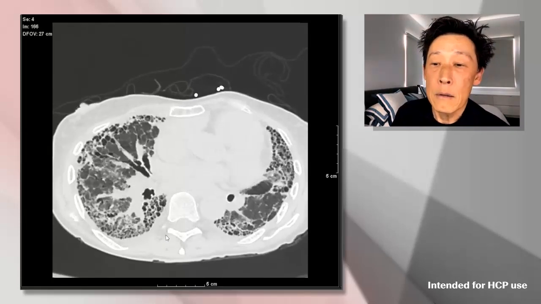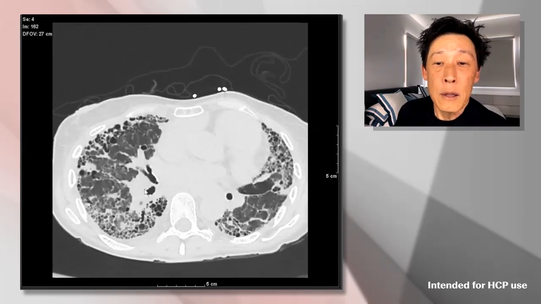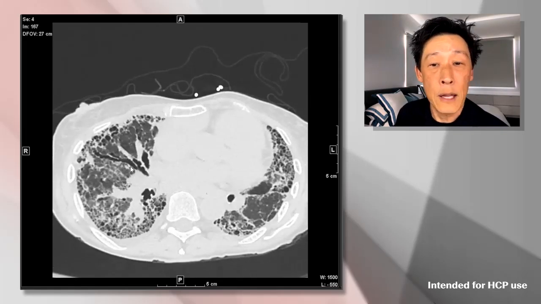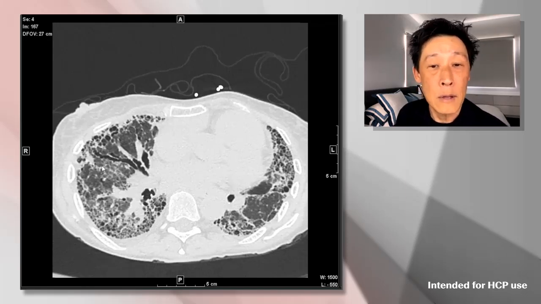Now, let me show you here. So we're here in the middle lobe, and here we have the lateral segmental bronchus of the middle lobe. If we follow this out, we can see that normal bronchi should taper as we go to the periphery, but you can see how irregular and varicoid this bronchus is and this bronchiole is. And this is what's known as traction bronchiectasis and bronchiolectasis.